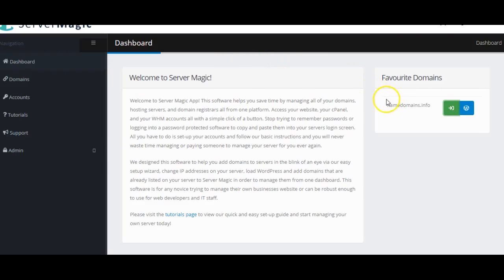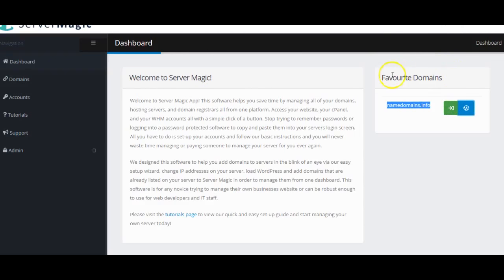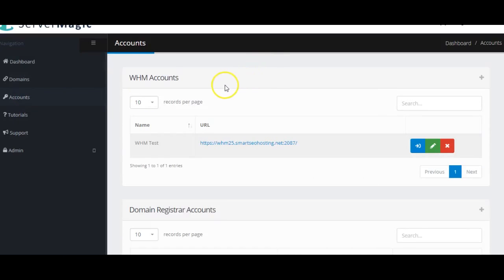The other thing is if I want to quickly access the WordPress login, I just click that, and here I am in the back end of WordPress of this domain. So that's one of our little features. We have our favorite domains. Over here on the left side, you have your dashboard, your domains. We'll get to that in a second, but first, let's talk about the accounts, because at the core of ServerMagic